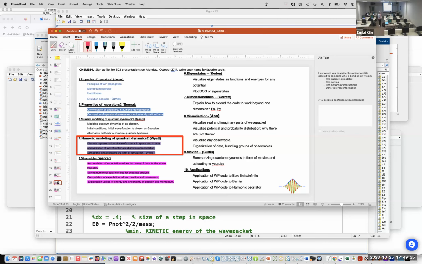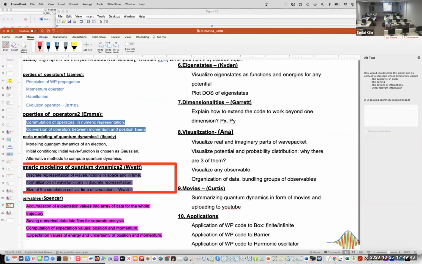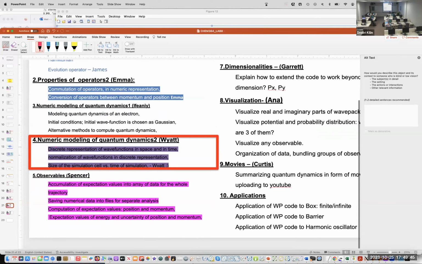Numeric precise modeling of quantum dynamics. We may have done it, right? It is the appearing and disappearing of the wave packet on left and right. Okay.